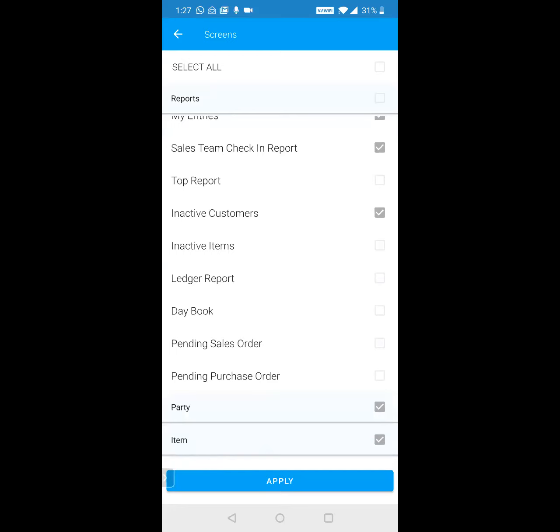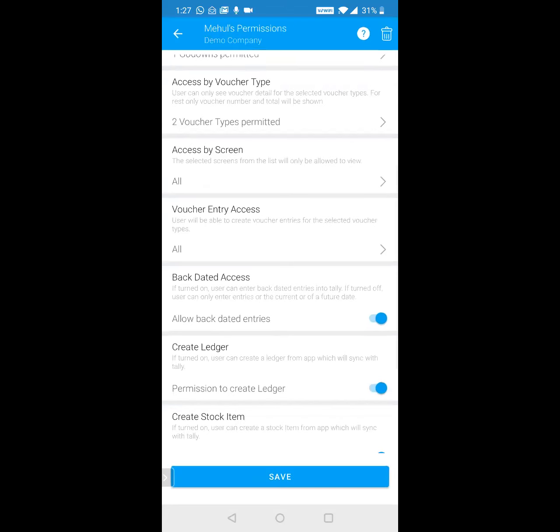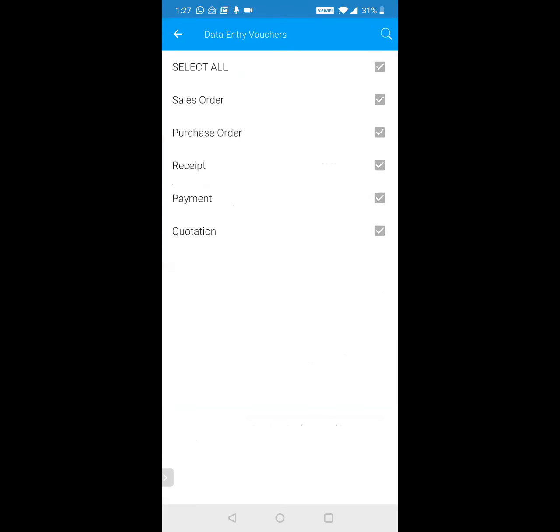Okay. Next is the party list and the item list. So you want him to see the party summary, items purchased by those customers. You give him the party screen, so he'll be able to see all the parties under his subgroup and all the items that you have given him permission for. If you remove this option, he will not be able to see stock of any item. That entire item list will be blank. Okay, and I apply.